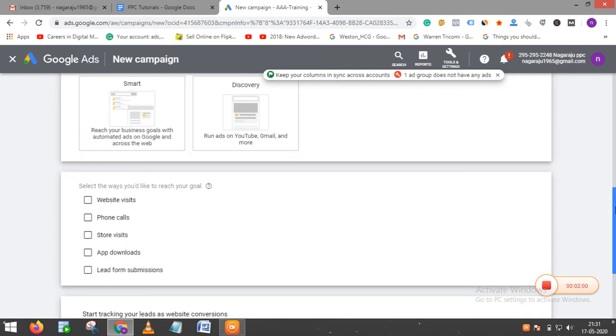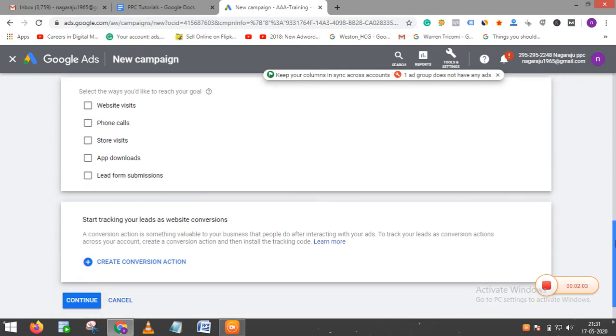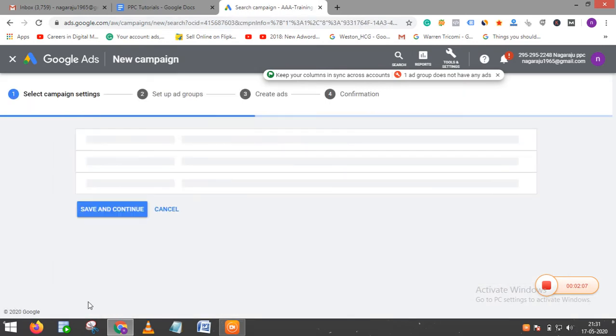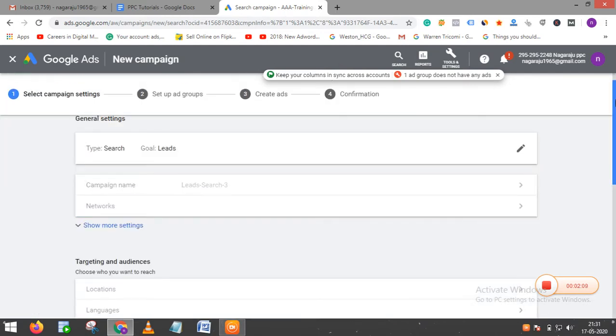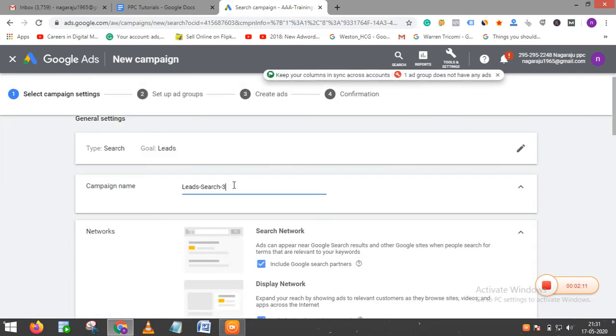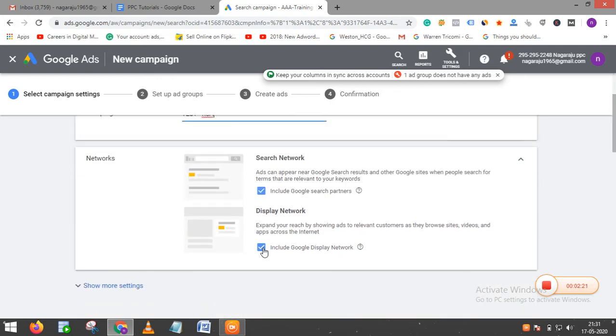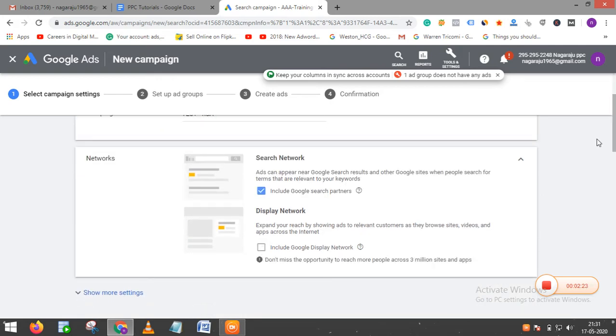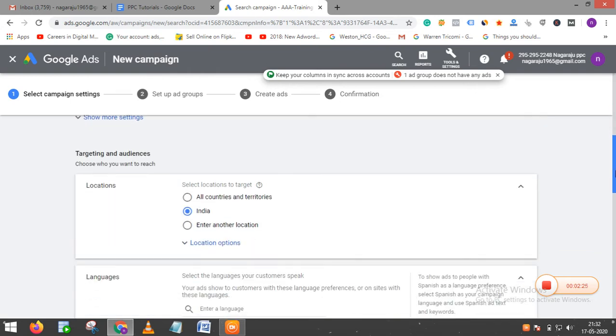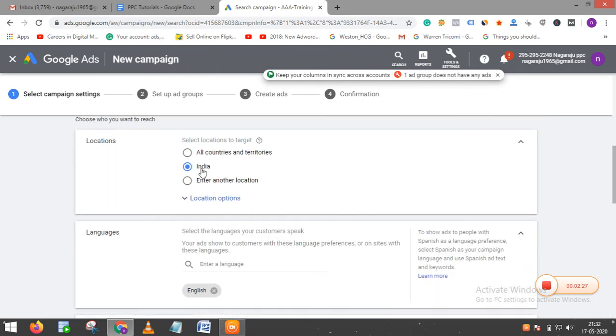From here I am not going to choose anything, just click on continue. This is my campaign name, test campaign name responsive search ads, and I'm not going to choose the display network, and the location I'm going to target is India.